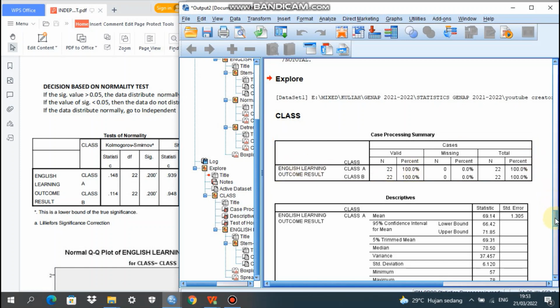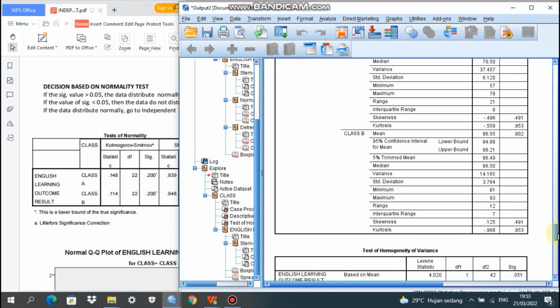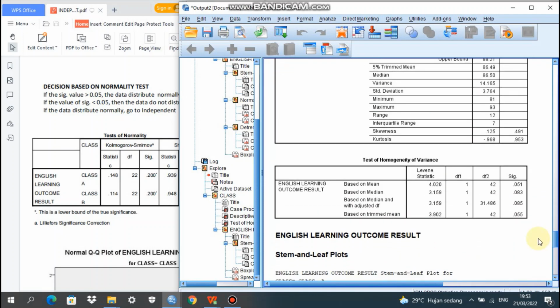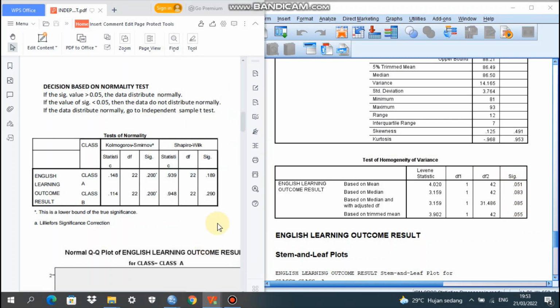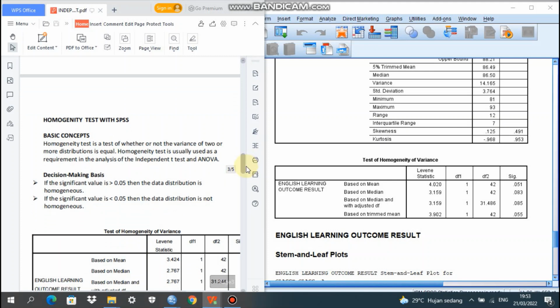There are three outputs: case processing summary, descriptive statistics, and test of homogeneity. What is the basic assumption for the homogeneity test here?